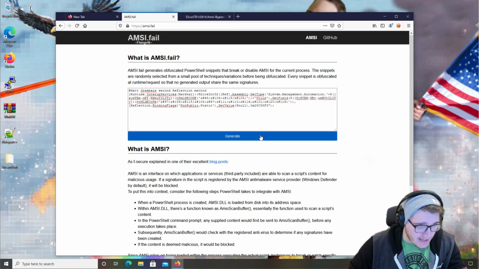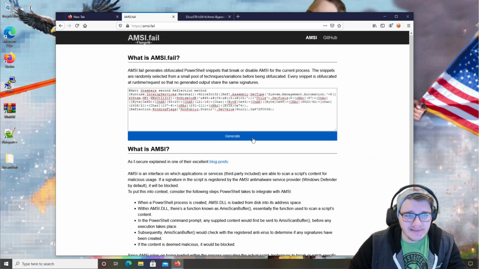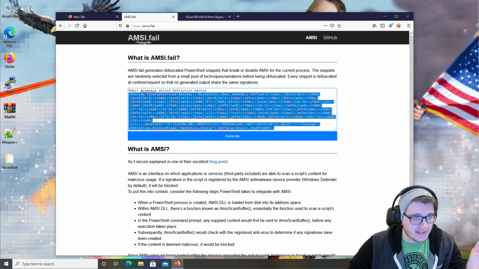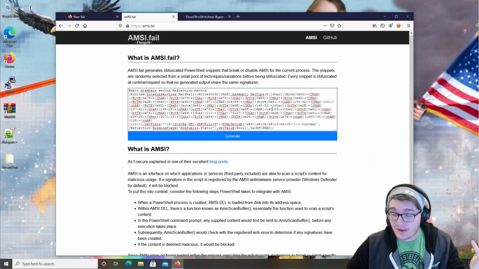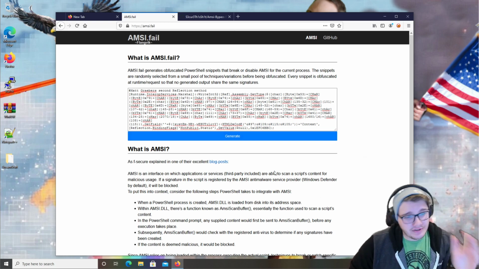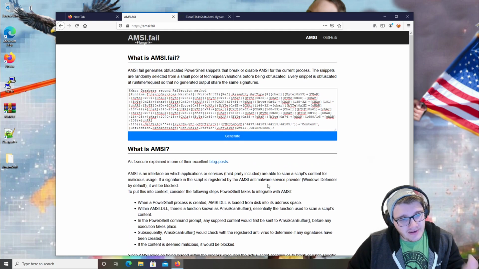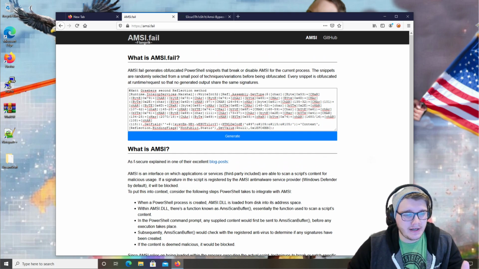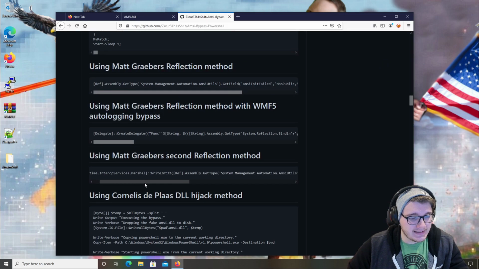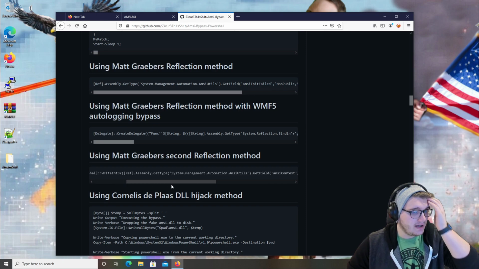So every time you click generate, you get a sort of unique AMSI bypass that you can paste into PowerShell without the comment on top, and then you can basically do whatever you want in PowerShell, at least for Defender. And the trouble with this is that Defender and many other AVs rely so heavily on signatures, just signatures. So the only reason these bypasses were being detected in the first place